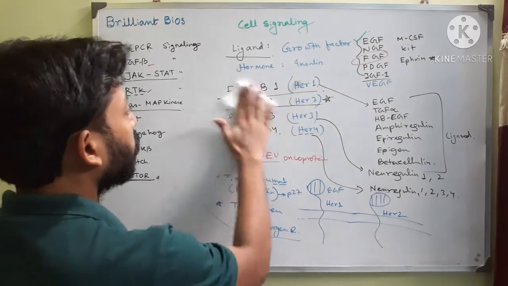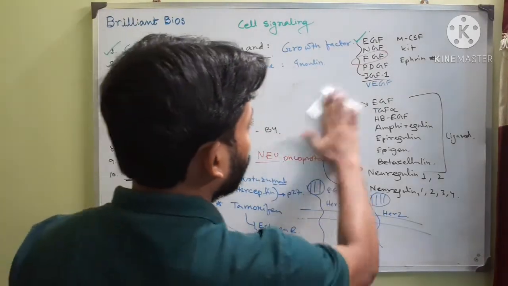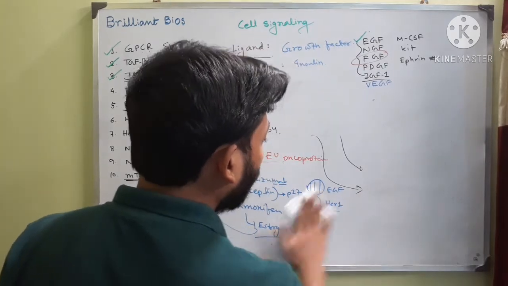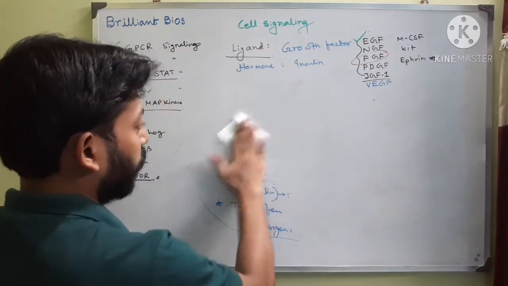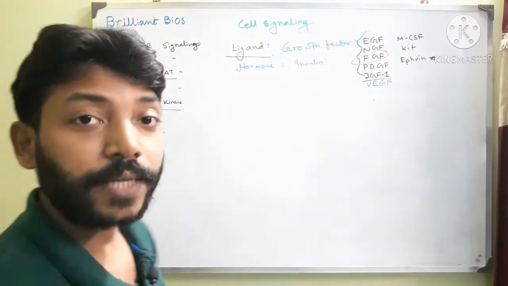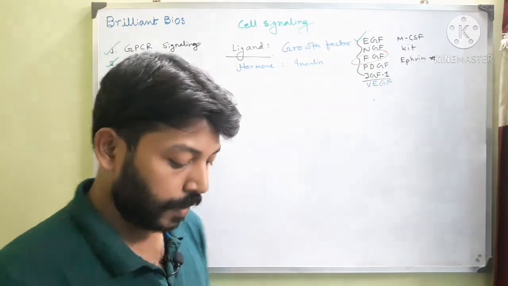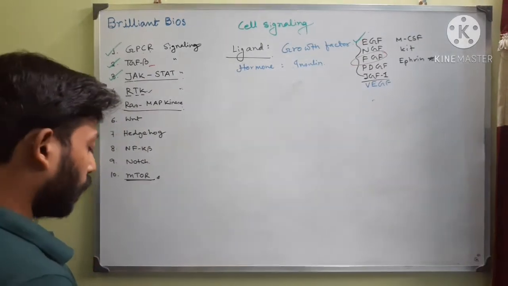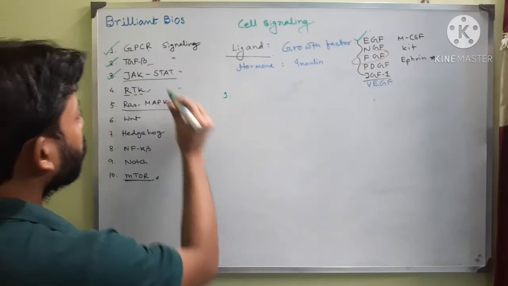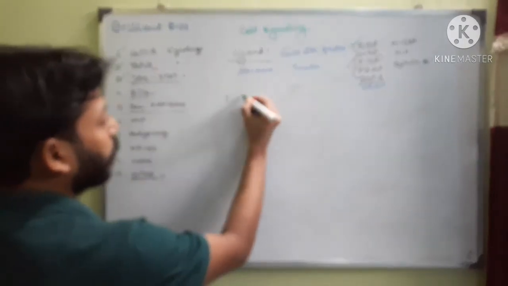Now I will show you the negative feedback, because in all my signaling pathways I have mentioned how the signaling pathway can be deactivated. Once a signaling pathway gets activated, it should be deactivated also. And there are 4 ways by which this pathway can be deactivated. The first, like the JAK-STAT pathway, is